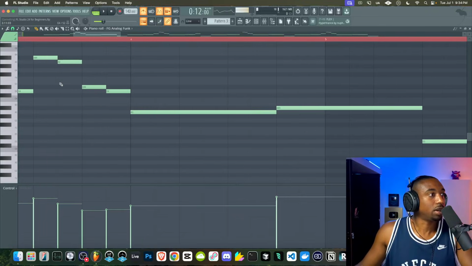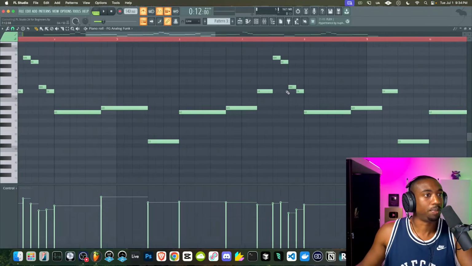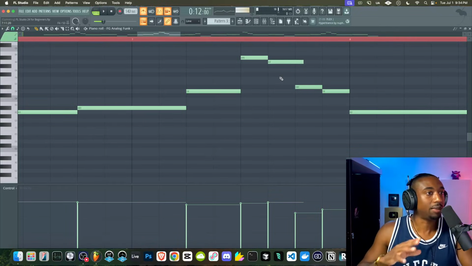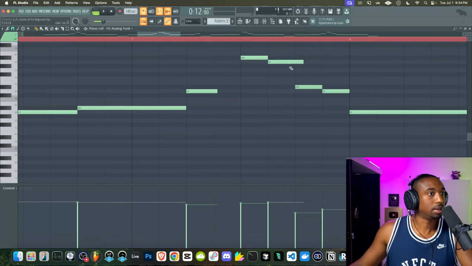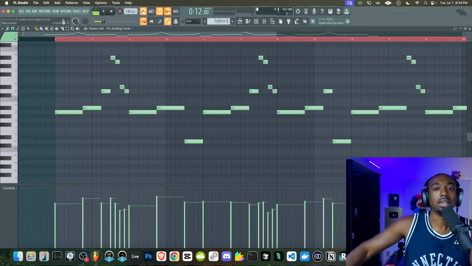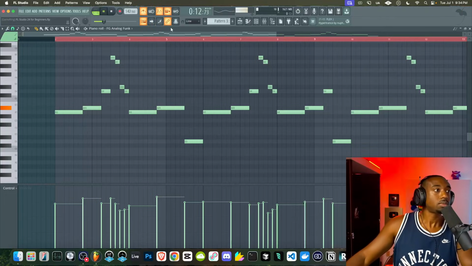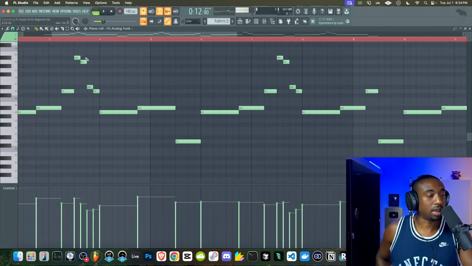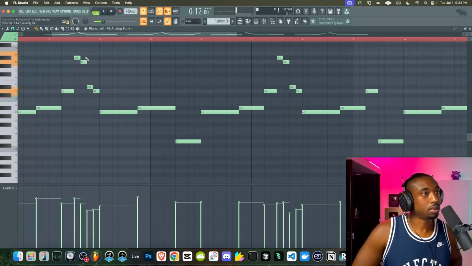And any gaps that I have or any overlapping, let me see if I can find any. Let's say this note is like this. What we can do is hit Control L to fill in every single gap. So let's say this is like this, and then this is overlapping right here. If I hit Control L, this note will be filled in all the way, and then this note will be pulled back. Okay, so let's hit Control L, and that will fix any gaps that we have or overlaps. So that's important for some stuff. You don't want to get in the habit of always using Control L. That's only because I had a very specific purpose for this bass, because if I overlap notes, the sound goes away, so you can't hear my other notes.